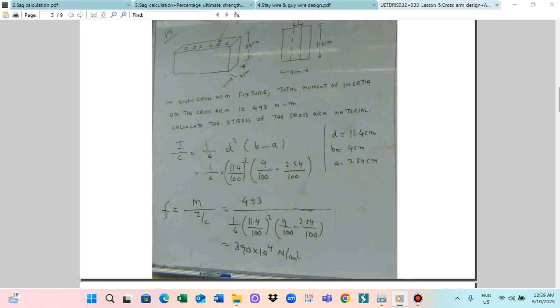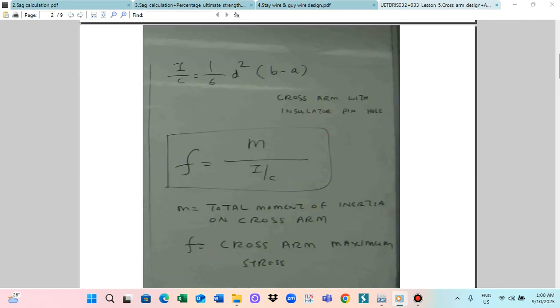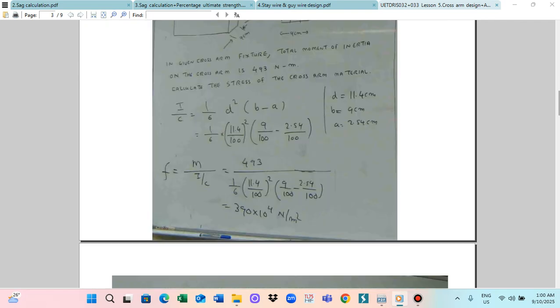The cross arms are like this. The moment of inertia for the rectangular shape is B D cubed by 12. And the distance to the neutral axis for the rectangular shape is D divided by 2. So the cross arm's moment of inertia to neutral axis distance ratio, I by C, is B D cubed by 12 divided by D by 2, which gives B D square by 6. So this is the solid cross arm. For this cross arm, the ratio is B D square by 6. But the real cross arm